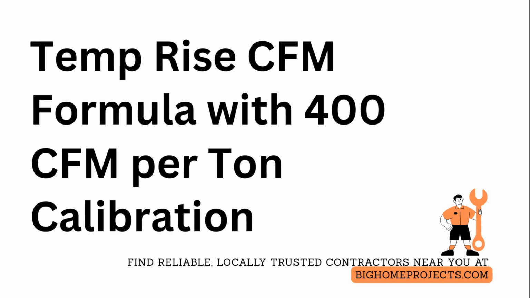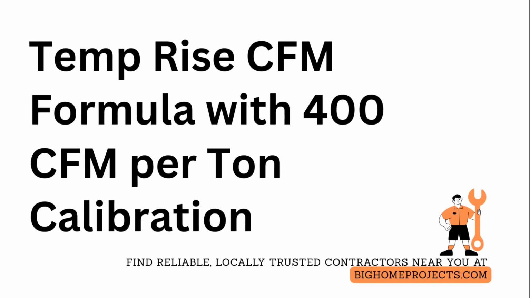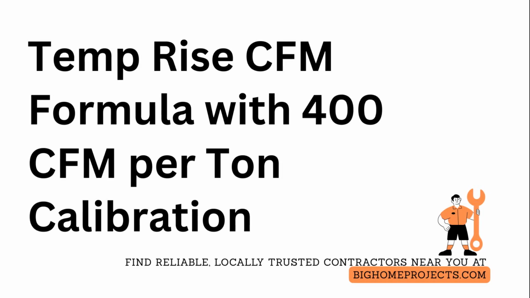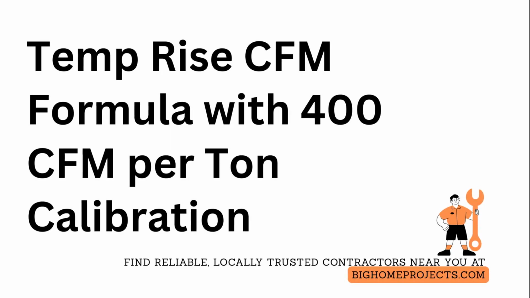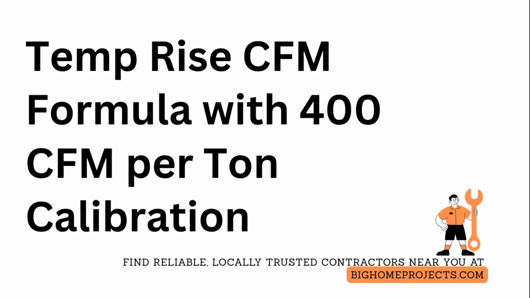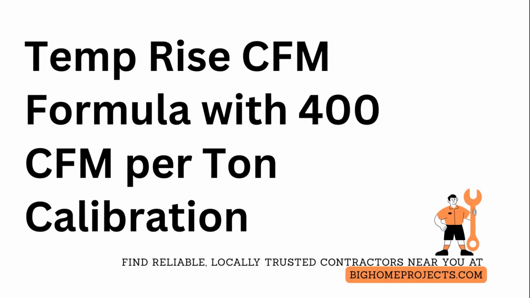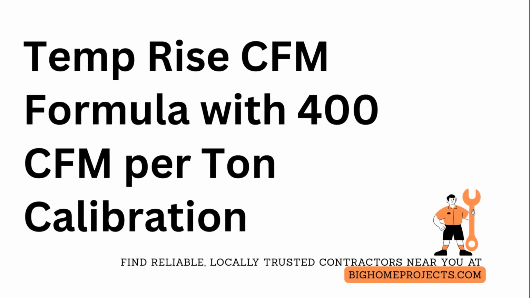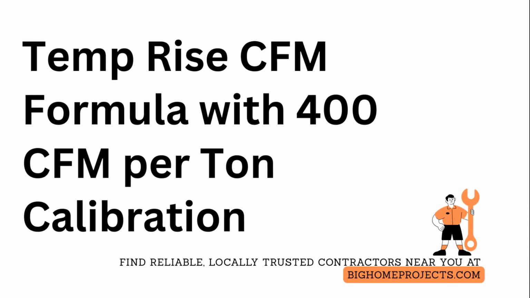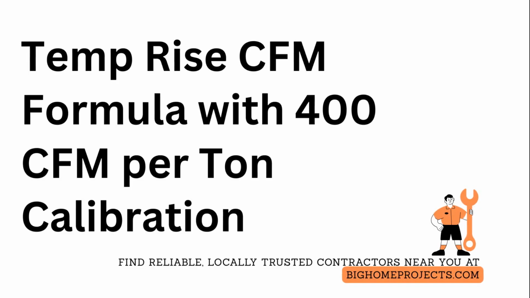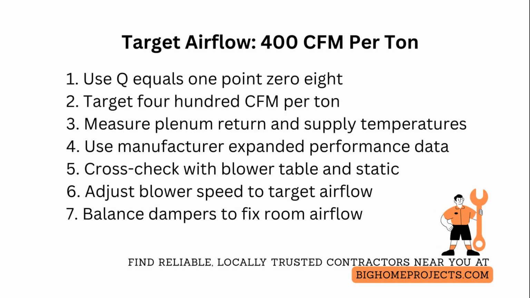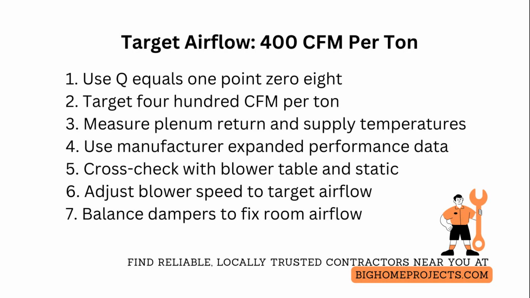Measure airflow like a pro with the heating, ventilation, and air conditioning temperature rise formula to calculate cubic feet per minute and hit the target airflow per ton of capacity for air conditioning systems, so your system delivers peak comfort, efficiency, and reliability. To calculate airflow using the temperature rise method, you use Q equals 1.08 times CFM times delta